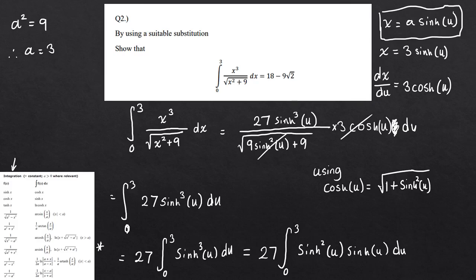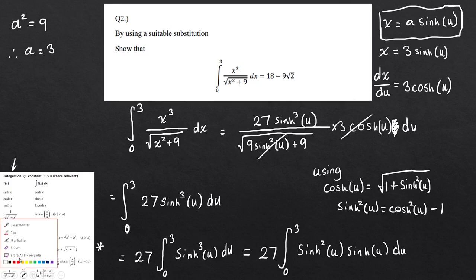Again, there's a couple of different ways of doing it. You can use the identities again. So I could express sinh squared u, rearranging this expression here, as sinh squared u is equal to cosh squared u minus 1. That's one way of doing it, and that's absolutely fine. That's the way I'm going to take this. So if I write this on a clean page then,